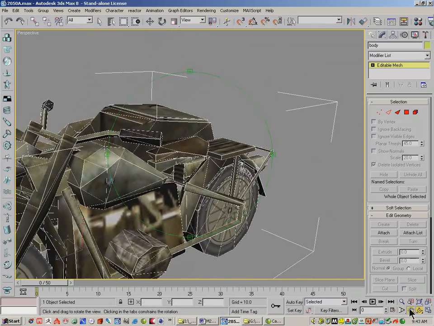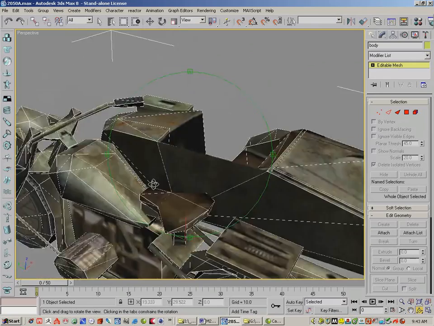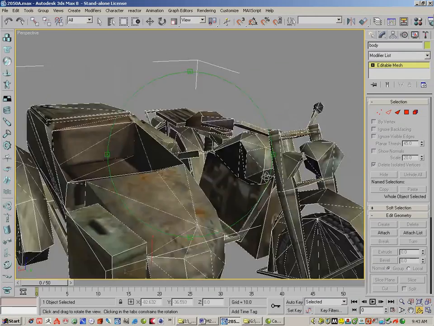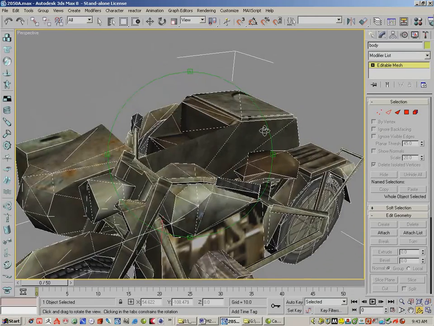So that's detaching polygons. It's just a little trick that's useful sometimes for vehicles, creatures, characters, because you've already got the geometry there, so if you want something to fit it exactly, you can just peel the geometry off. The same trick works in Edit Poly as Edit Mesh. It's just the controls under Edit Mesh are a little bit different, but you're used to the Edit Poly controls by now. So you shouldn't have any problem figuring out how to bevel or